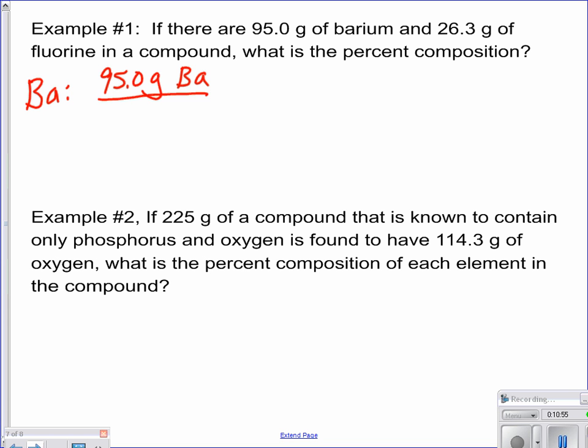That's my part. What do I put down in the denominator? Okay, good. So we add them together. You could just add them together and plug that number in, or you could show it like this if you wanted. I just want to make sure that everybody knows that we're adding those two things together. And then, of course, we're going to multiply times our 100%, and we get